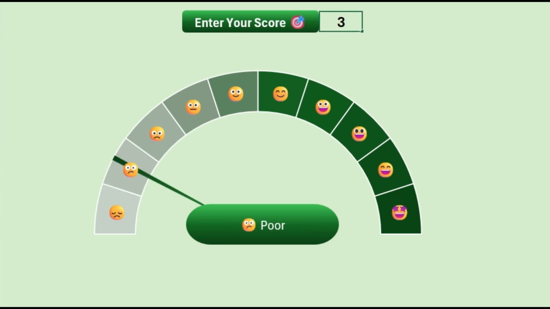Today we'll learn how to create an eye-catching performance mood meter in Excel. A creative gauge chart that changes from sad to happy emojis based on your score. It's a fun and visual way to track performance, progress, or even motivation levels in real time. Stay with me till the end to see how easily you can set it up and customize it for your